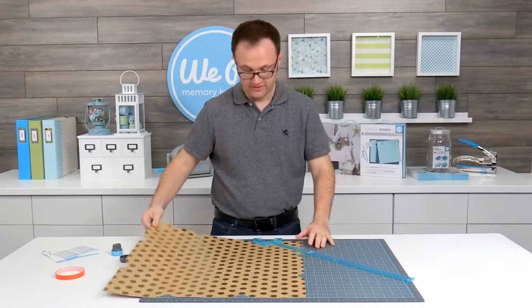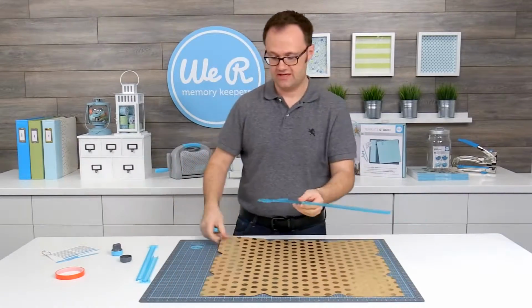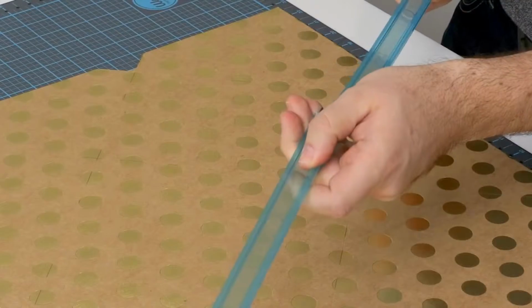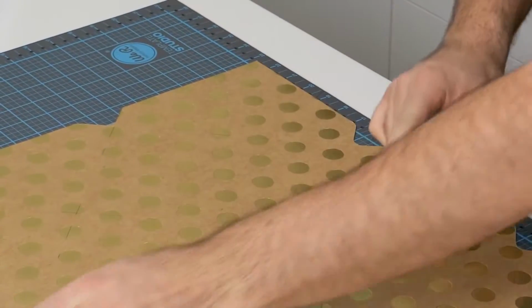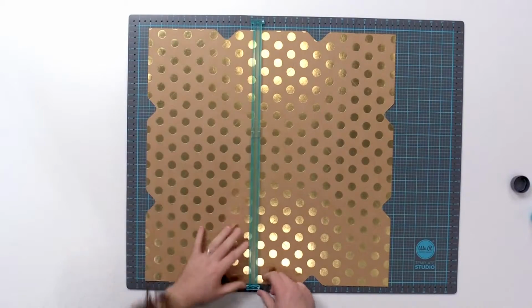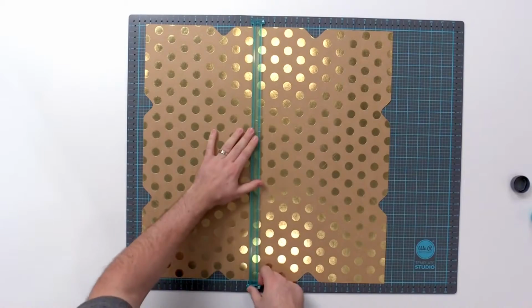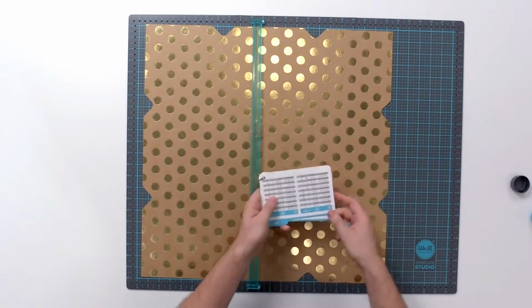Okay, there we have it. There's all of our score lines done. Now we need to do one last set of score lines, and we're connecting A and B together again. Referencing our instructions, it says to align our arrows at 11, just like this. Now I'm going to pull out my instruction cards again, and I'm going to look down here